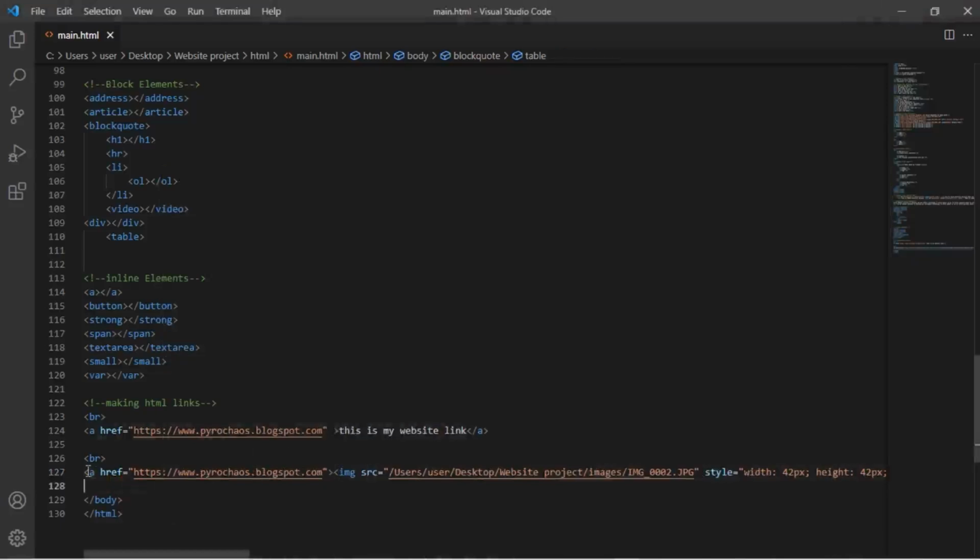So right now, let's try the next one. We can give a link to an email address, and we use the keyword mailto, as you can see on the computer screen, mailto. But before we do that, let's give it a bit of space, and let's type in the link reference,